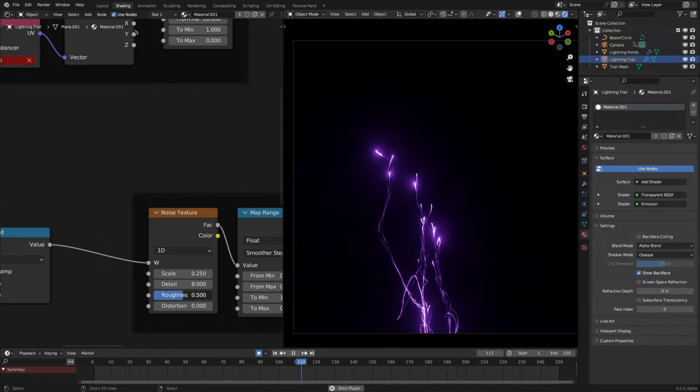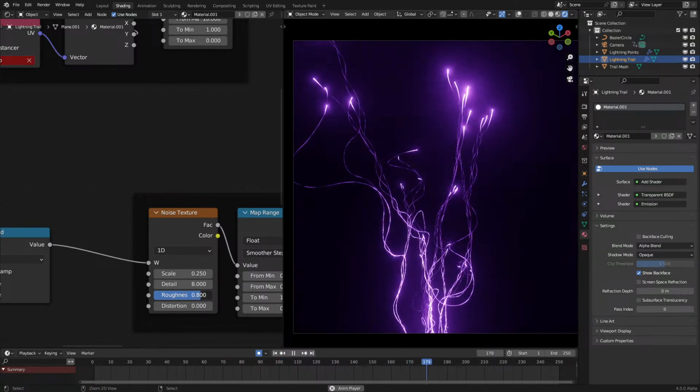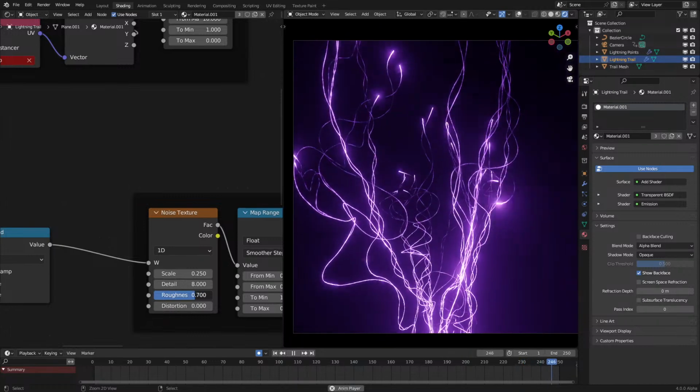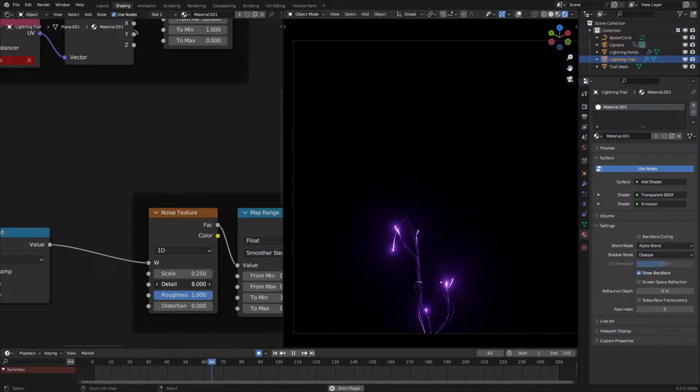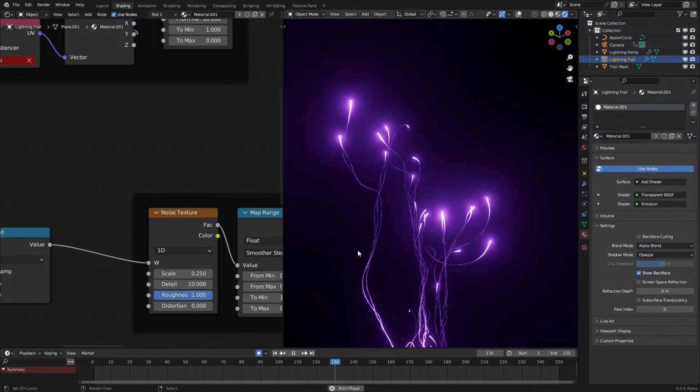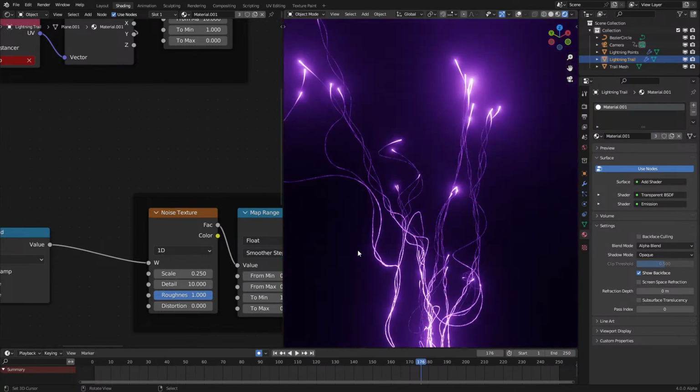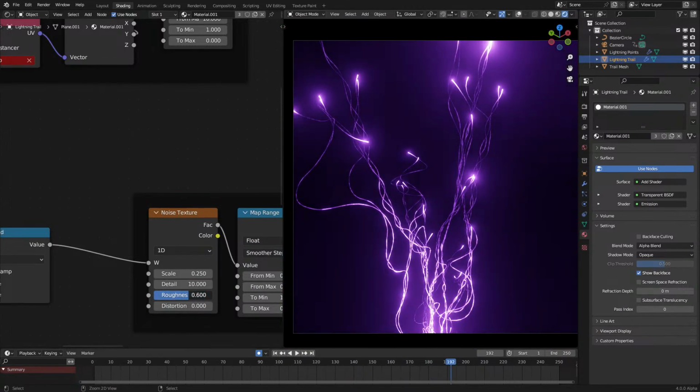Okay, turn up the noise, turn up the roughness. Let's make it more like that, but that just makes it look like standard noise. Not exactly the good noise. That, it's okay, but